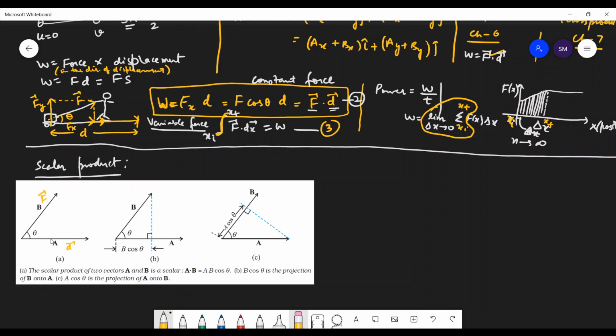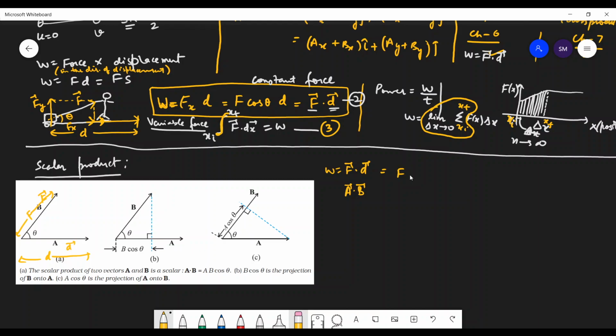The magnitude of D vector is this, but if it is A vector, then this is the magnitude of A vector, and if it is B vector, then this is the magnitude of B vector. As I told you, for the dot product we are doing work done equals F dot D, which is the magnitude of F, the magnitude of D, and the cosine of the angle between them. The angle between them is theta. I am writing F as A and D as B as a general case, with cosine of theta, where theta is the angle between them.